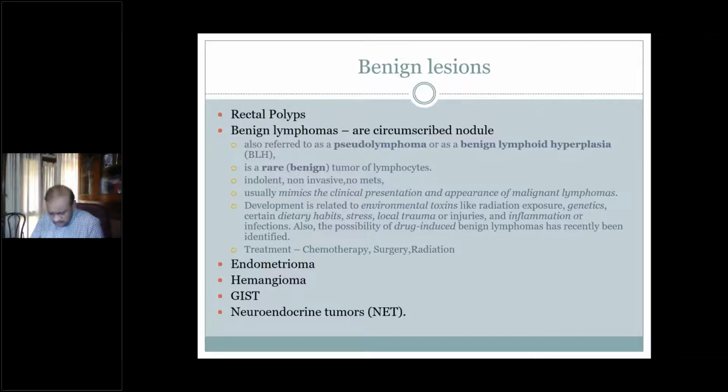First, let's talk about the benign lymphoma because they are pretty uncommon, and they are also referred to as pseudolymphoma or benign lymphoid hyperplasia, and both names are to a certain extent self-explanatory. The pseudo basically tells you that it's not a true lymphoma, and benign lymphoid hyperplasia tells you it's basically a hyperplastic condition, not a tumorous condition, and it is benign, right? So it's a rare tumor of the lymphocytes, indolent, non-invasive, and you don't find